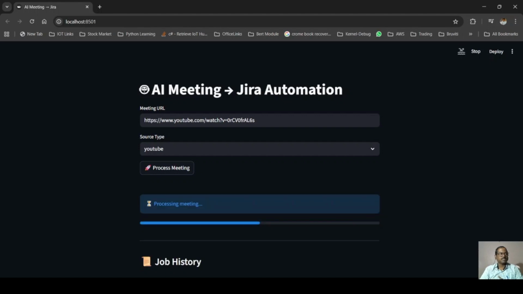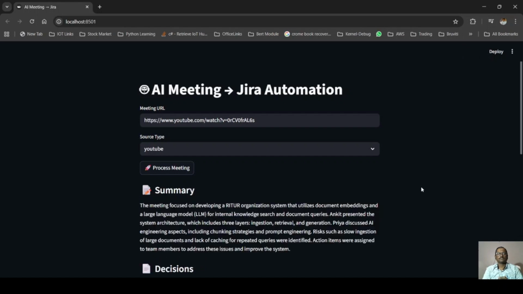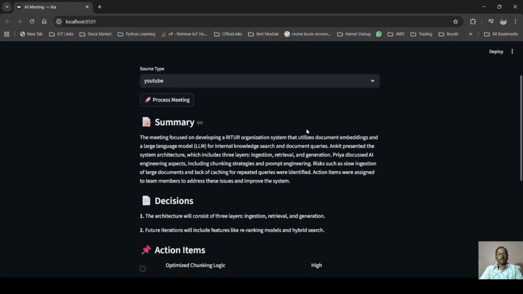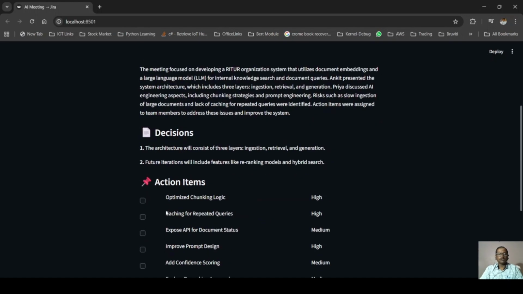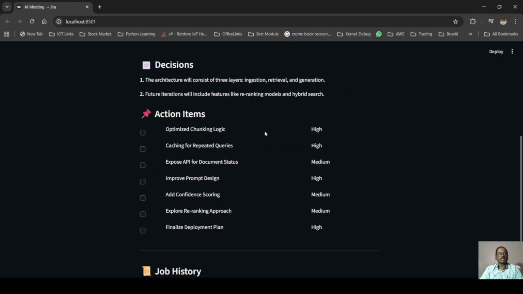Here you can see the meeting summary, decisions taken, and the action items extracted from the meeting. So this is the summary of the meeting from the audio uploaded from the link. This is the decision taken in the meeting, and these are the action items. Now I will select a few action items